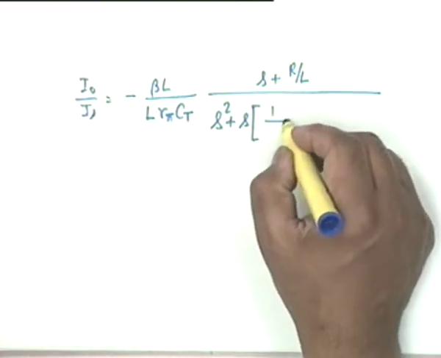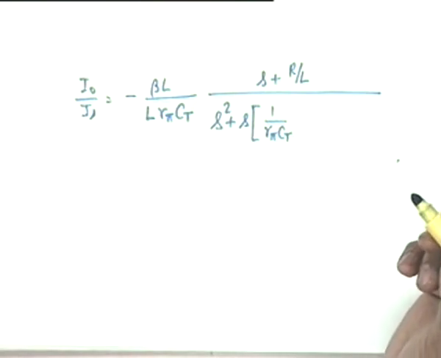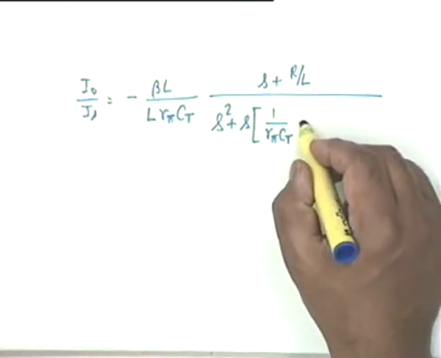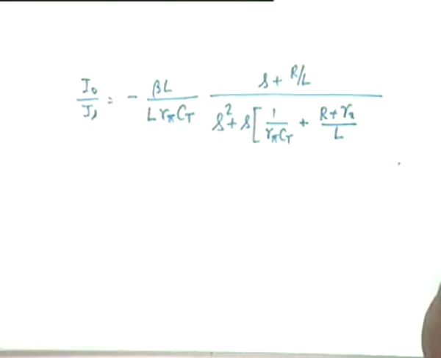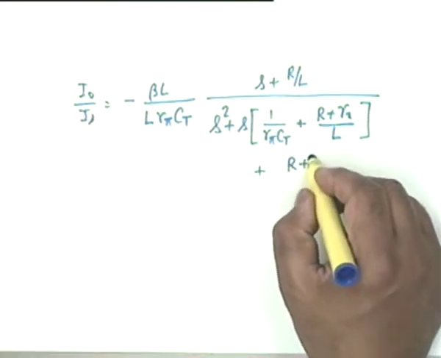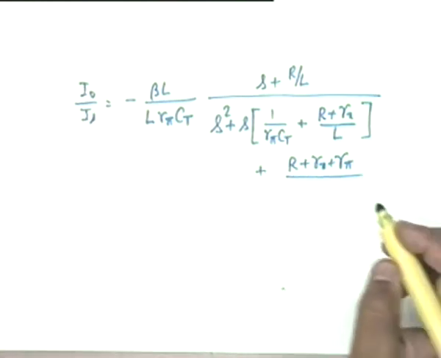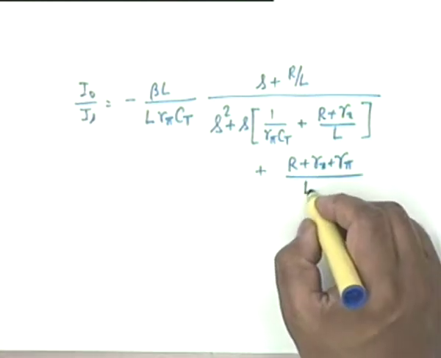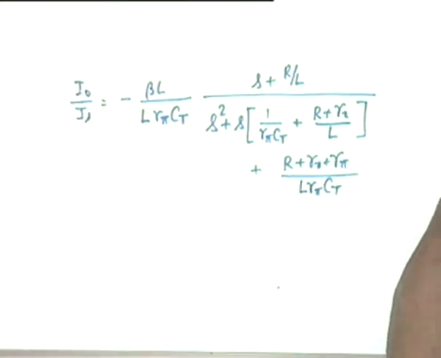Now what shall I get? 1 by R pi Ct, I am dividing by L R pi Ct, plus R plus Rx divided by L, and R plus Rx plus R pi divided by L R pi Ct. Alright. We shall call this